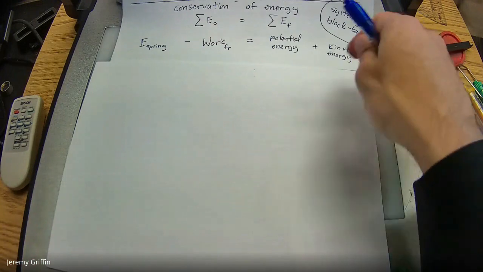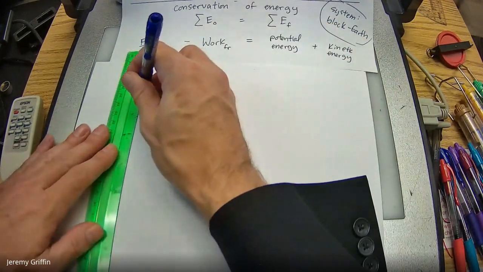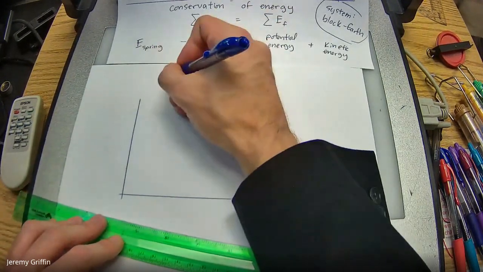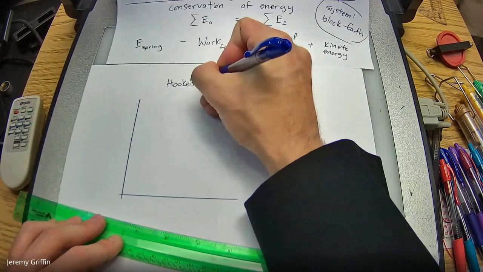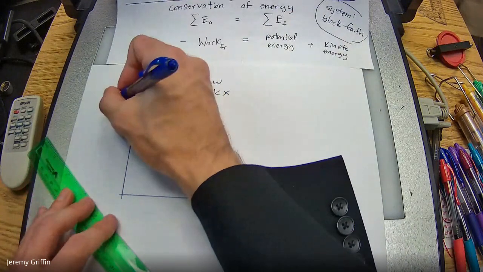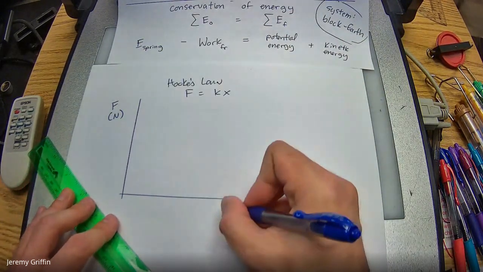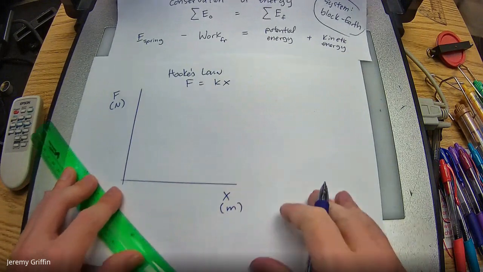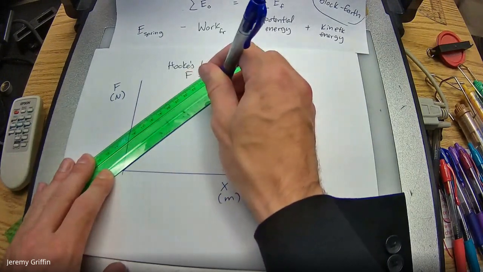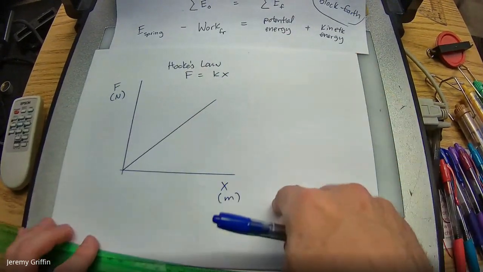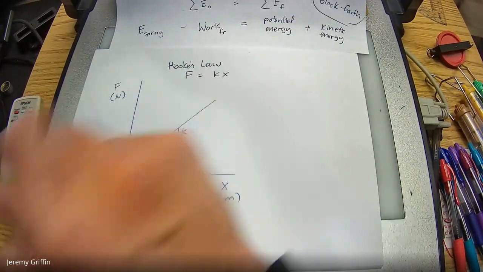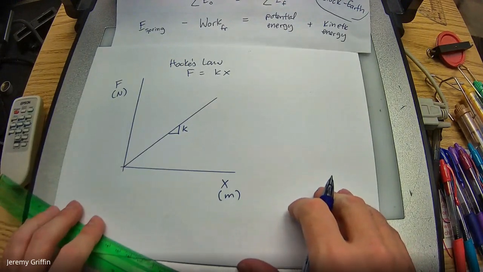There is something that you guys know about a spring, and that is Hooke's law. You guys remember Hooke's law? F equals kx, or some textbooks say negative kx. So force in newtons versus spring compression, how much you've compressed the spring. As you compress it more and more, it takes more and more force to push it. Or stretch it, for that matter. So stretch or compress. But remember how it ends up being a direct relationship with slope k, like F equals kx, right?